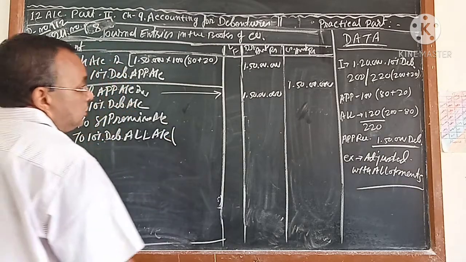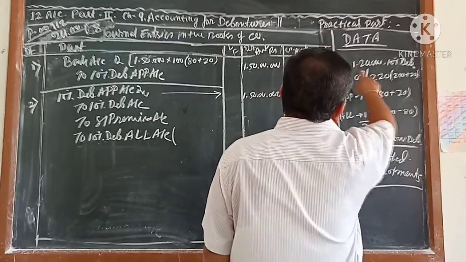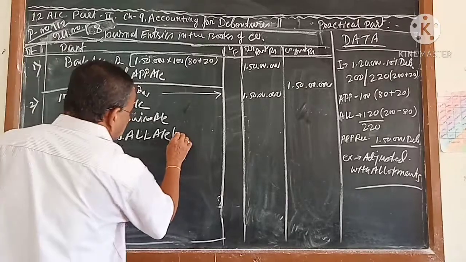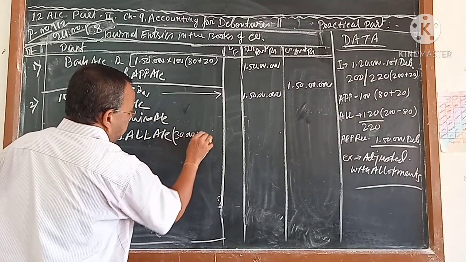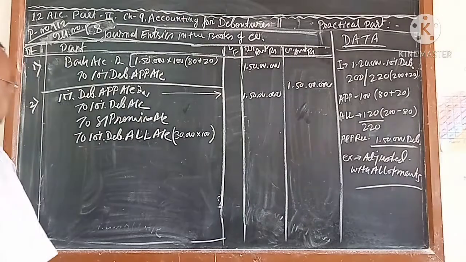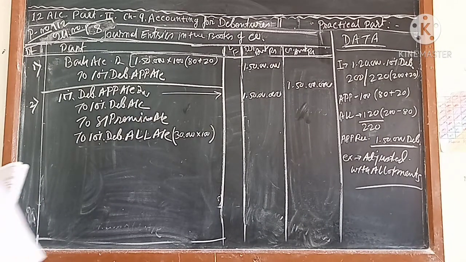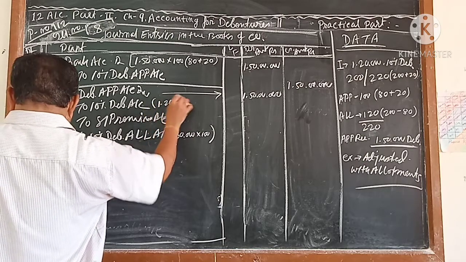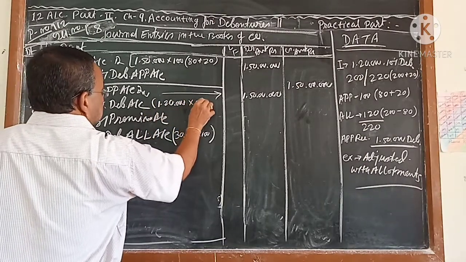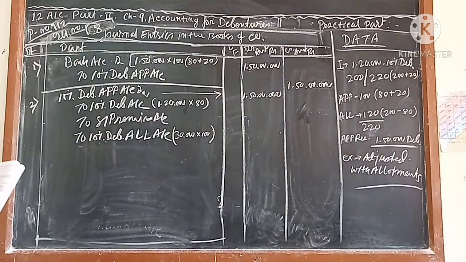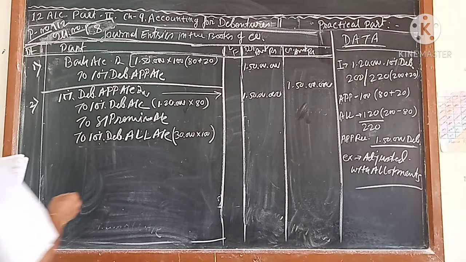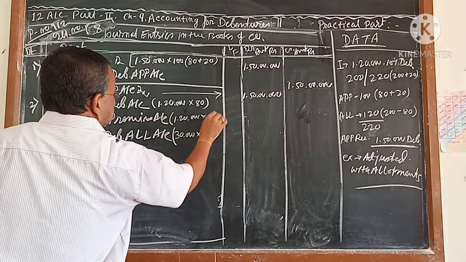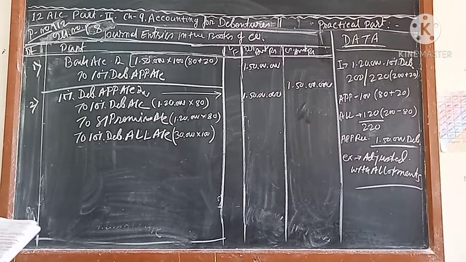Excess money how much? Because you have received 150 and 120 is your actual, so you are going to get 30,000 debentures of rupees 100. That you understand, which you are going to get. And this is 1,20,000 into 80. Security premium how much? Security premium is 1,20,000 into 20. This is the thing which you have to understand.